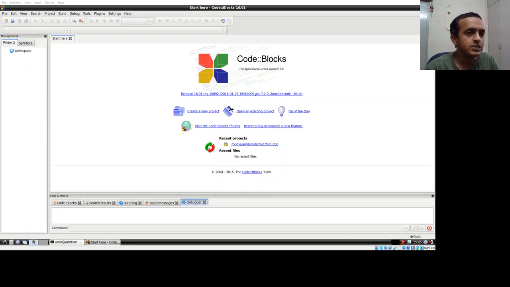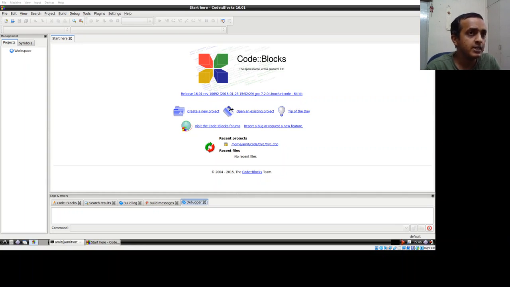So the first step is to go ahead and do this setup. Download Code::Blocks. In the case of Windows, if you look at the download options for Code::Blocks, there are multiple options. Out of them, you have to choose the option that also gives you the GNU compiler along with GDB. Choose that particular option and install it on Windows. It's a simple one-click installation, so there aren't many complications.